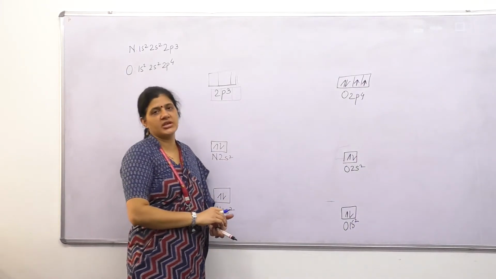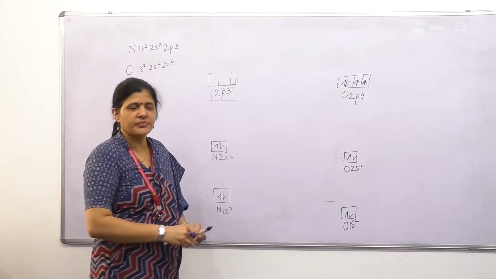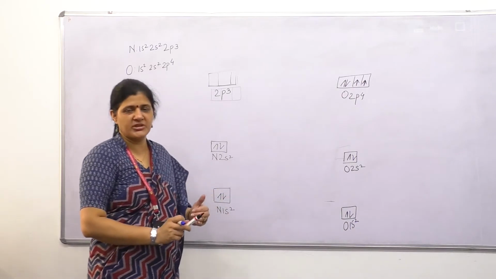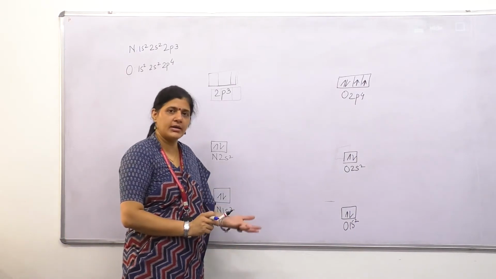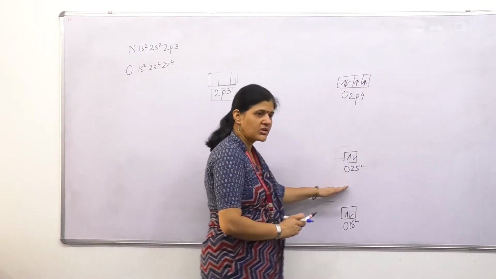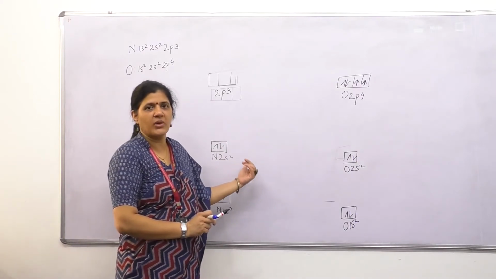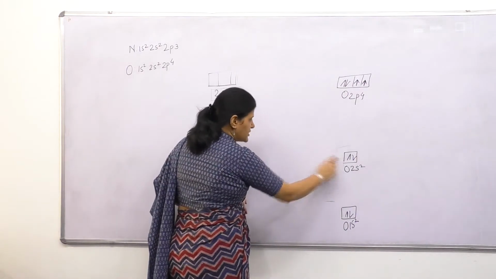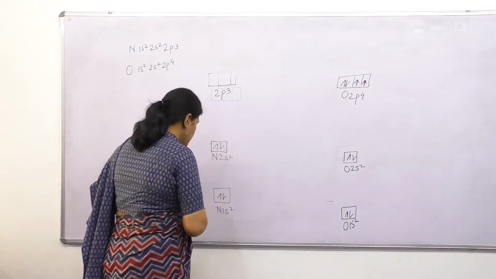Why have I drawn these atomic orbitals slightly lower in energy as compared to the nitrogen? Because oxygen is more electronegative as compared to the nitrogen. Whenever we draw the molecular diagram of two different atoms, the one having higher electronegativity will always have energy lower than the other counterpart, because electronegative atoms are quite stable atoms. So oxygen has energy slightly lower than nitrogen. Now we start making the molecule.